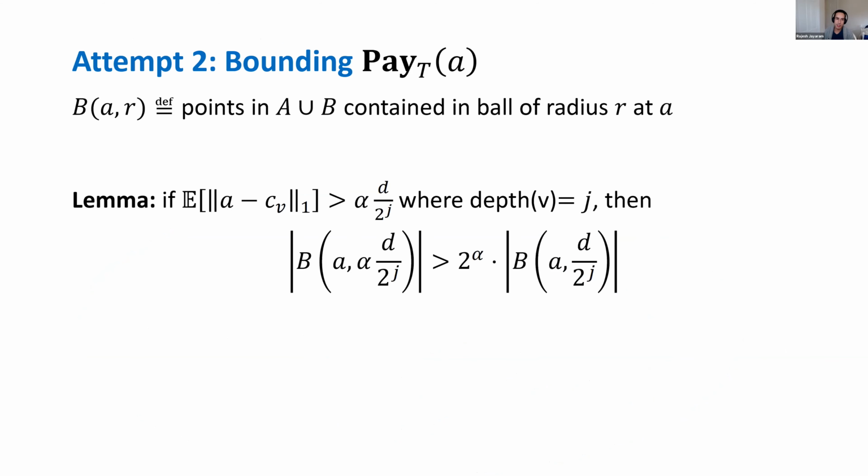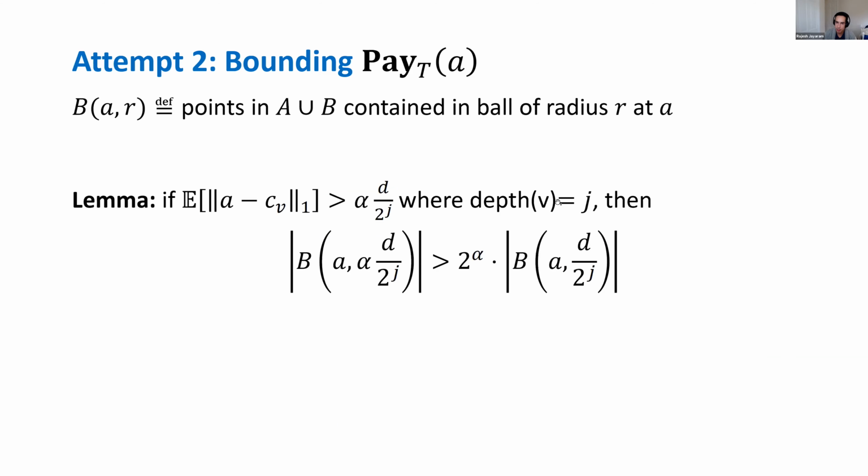And I'll formalize what we showed on this slide. Let's define A_r to be the ball of radius r around A, intersecting the points that we care about. So you have some point A, and you're looking at all the points that are at distance at most r. What we just showed is that if the expected distance from A to the center of mass